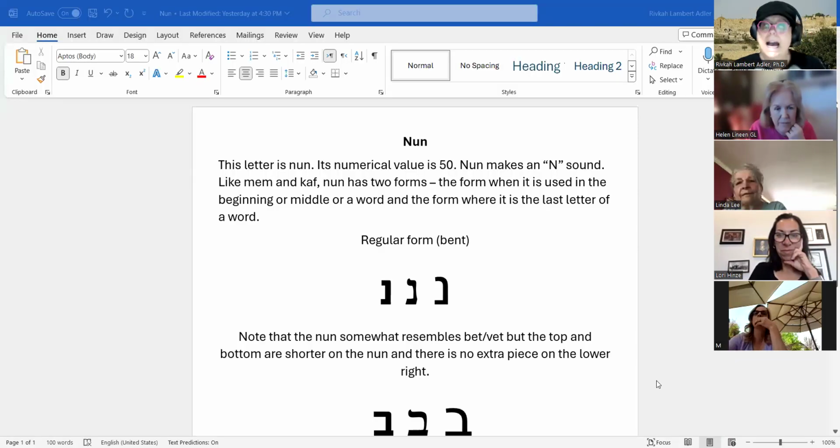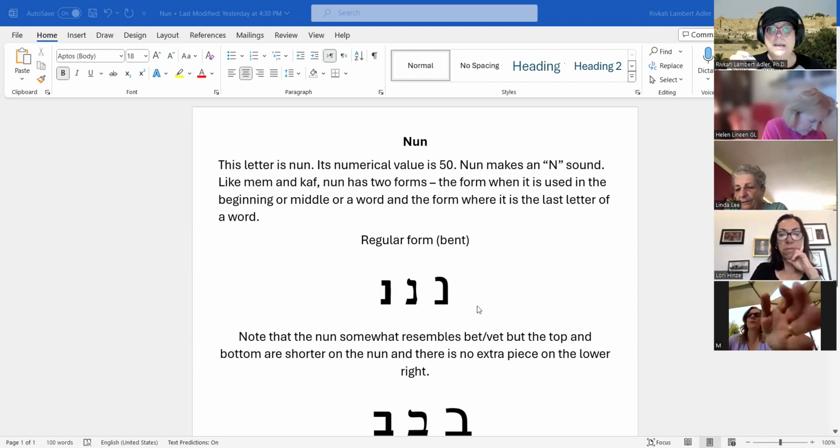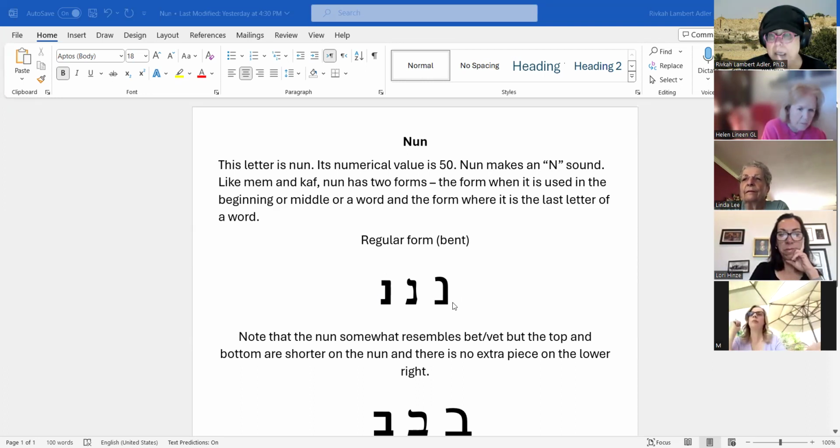Okay, this is the next letter in our journey through the Hebrew alphabet. This is the letter Nun with a numerical value of 50. This is what it looks like. This is the regular form. Nun is another one of those letters, like two we've seen before, like Kaf and Mem, that has two forms. So the Nun looks like this when it is either beginning a word or in the middle of a word